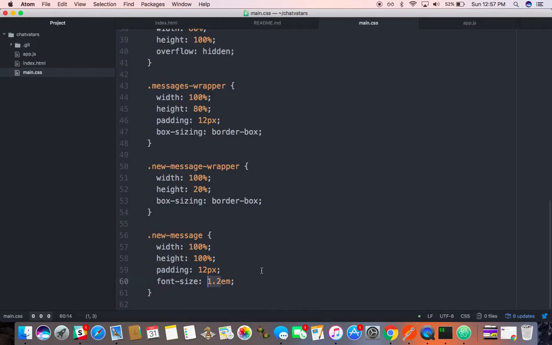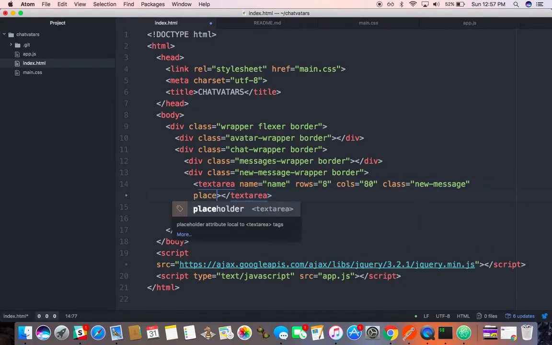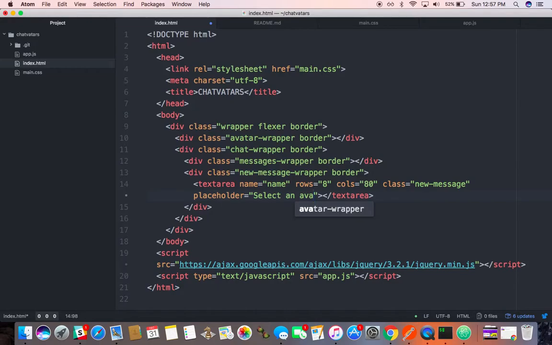You can just look at what it looks like. But right now it doesn't say anything. We're going to give it some default text. Our text area right here, we're going to put in a placeholder, tab to autocorrect, and I'm going to say select an avatar to